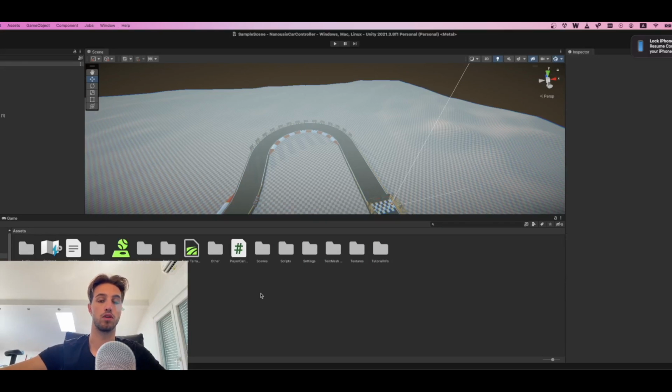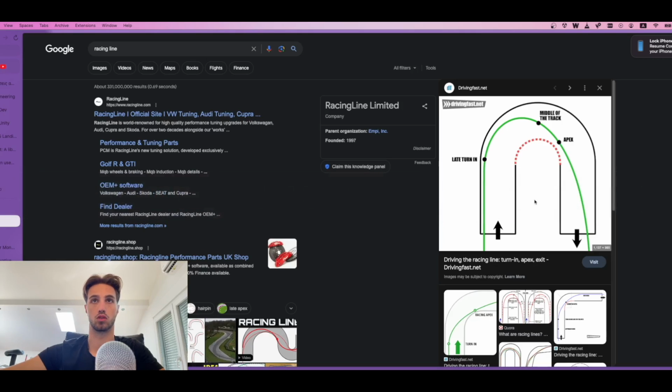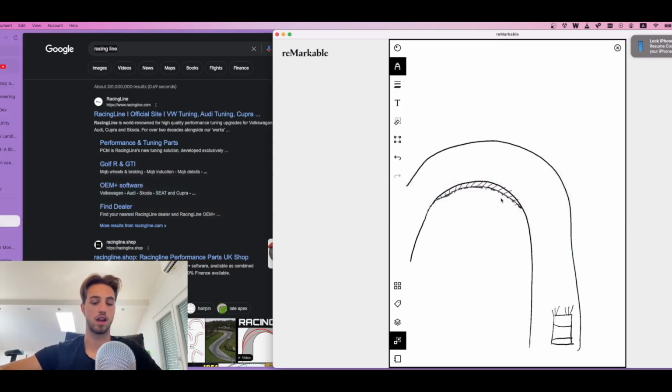Okay, so before we get started, we want to know how exactly our AI should work. So let's research a bit on how a racing line works. If we go on Google and search racing line, we can see this thing here. So what does this mean? This here is our car, and what the drawing is showing is that we want our car to go something like this,